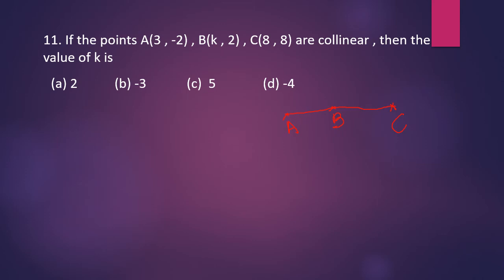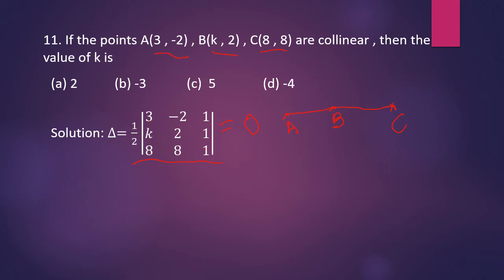Using determinants we find the area of a triangle. The formula is delta is equal to 1/2 into determinant of x1, y1, 1, x2, y2, 1, x3, y3, 1 here. So this is the formula. Since there is no area, the value should be equal to 0. Here we take this as the x1, y1, this point as x2, y2 and this as the x3, y3. We substitute here. So this determinant is equal to 0 here.